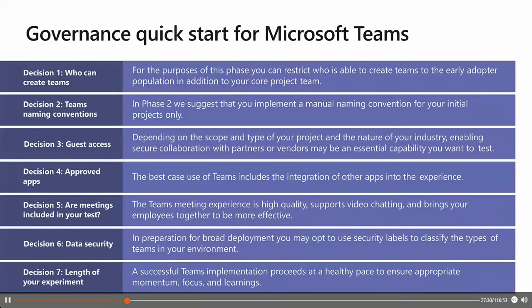Decision 5, specifically: do you want to have meetings included in your test at the beginning? I think it's a good way to go, because the Teams meeting experience provides really high quality. It supports video chatting and brings the employees together to be more effective, as is written here in the slide.